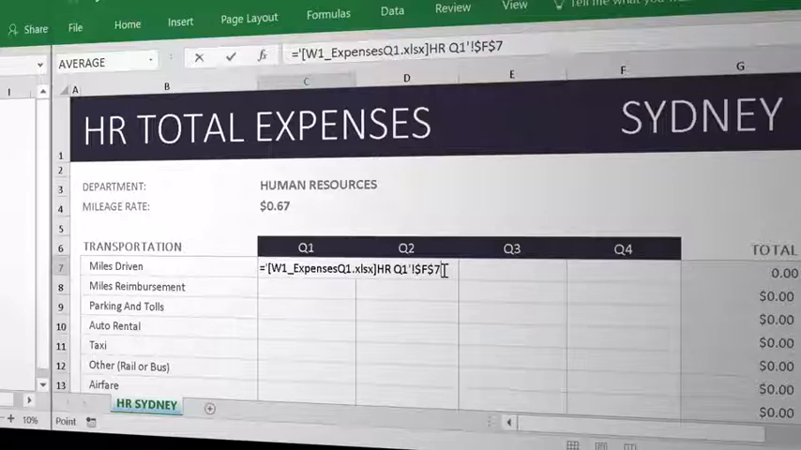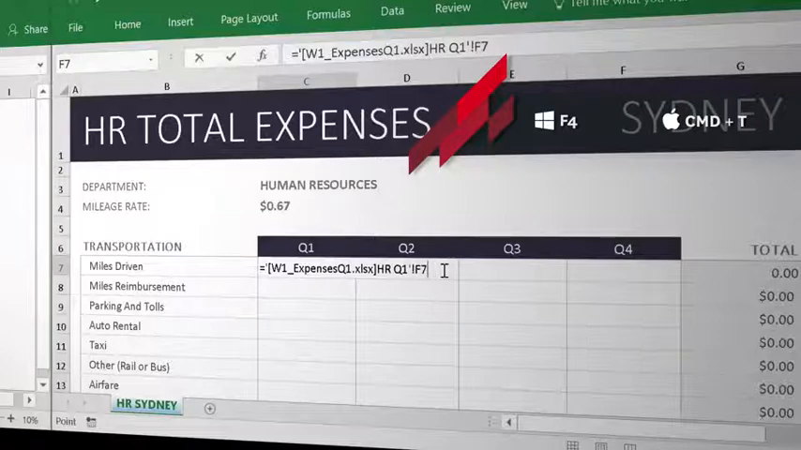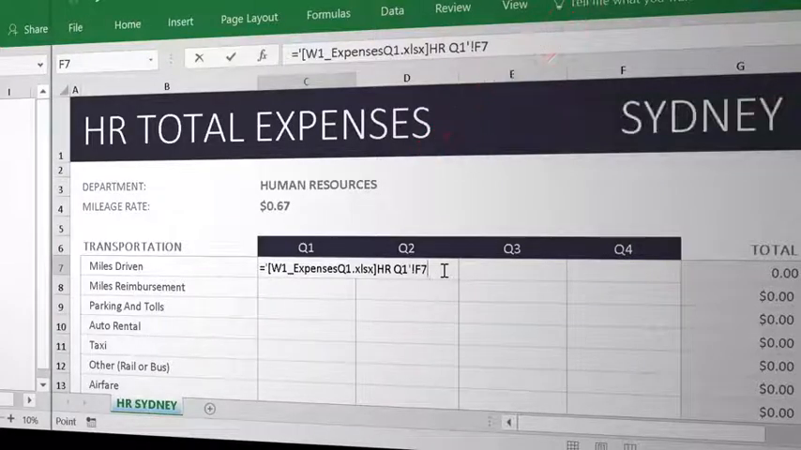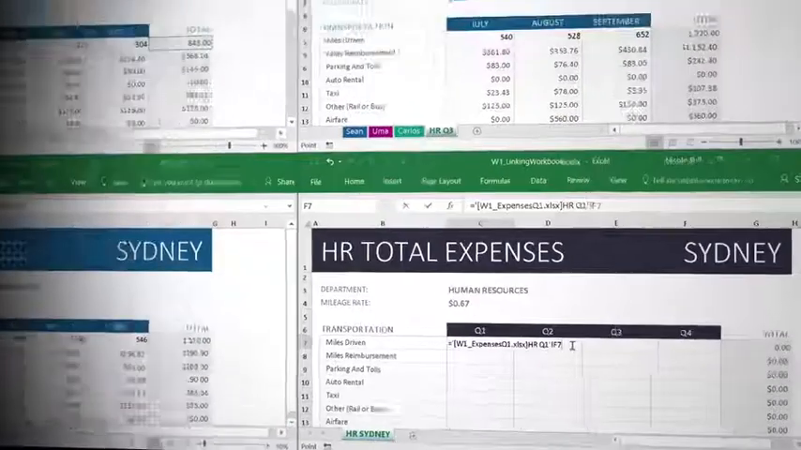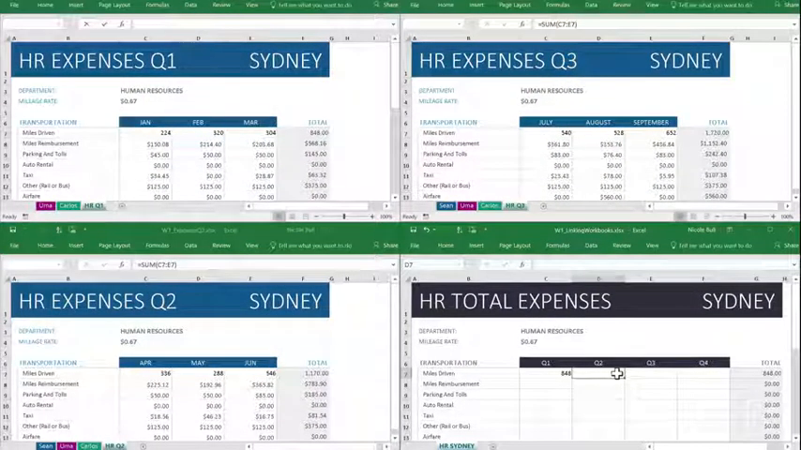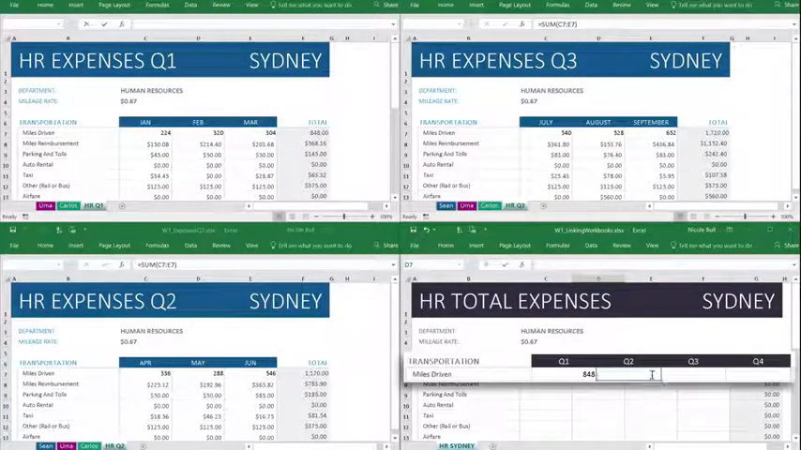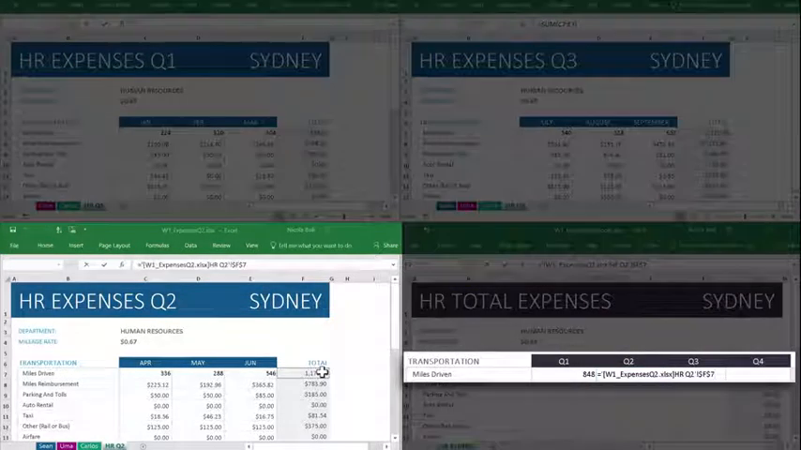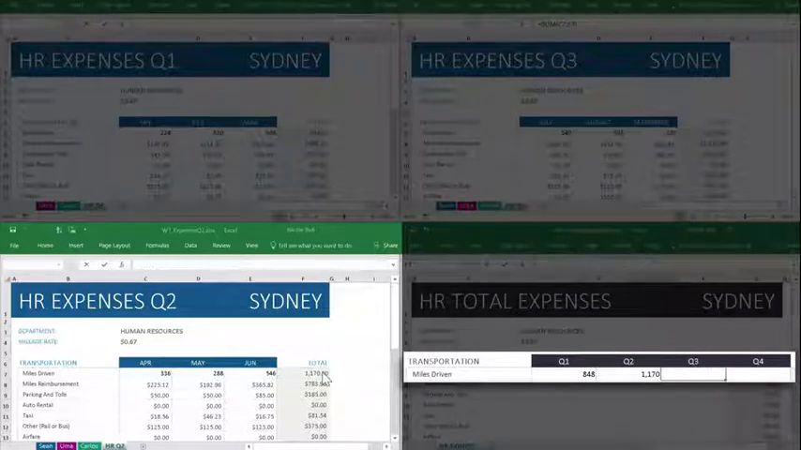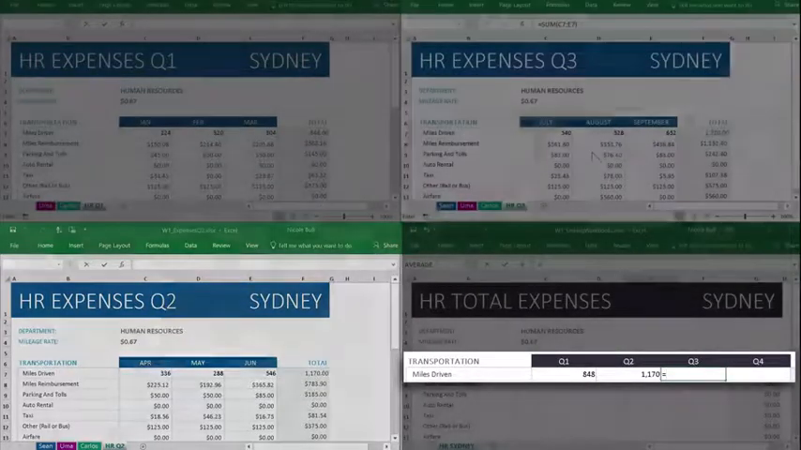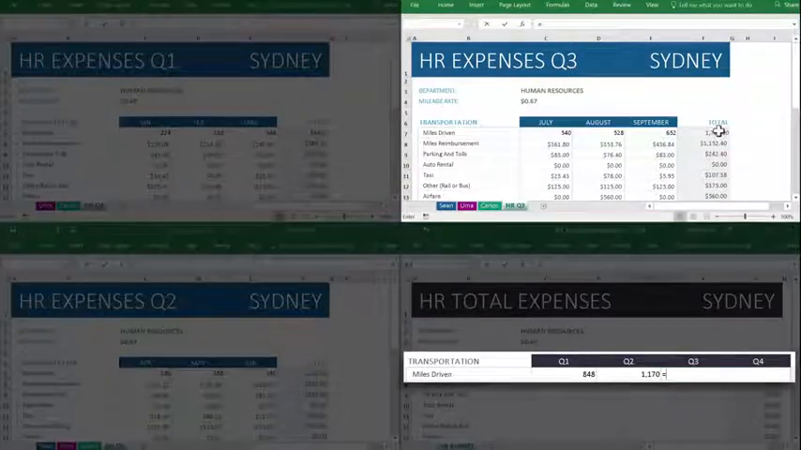Now we're going to copy this formula in a moment, so we want to get rid of that. So to do that, just press your F4 button 3 times. Absolute cell reference gone. Now to get to the next cell, I'm going to press Tab. And let's repeat that process. So equals, come to HR Expenses 2, click in that total field, F4 3 times to get rid of our dollars, and Tab. And the last one now, we're going to get our Q3 total. And of course, turn off our dollars